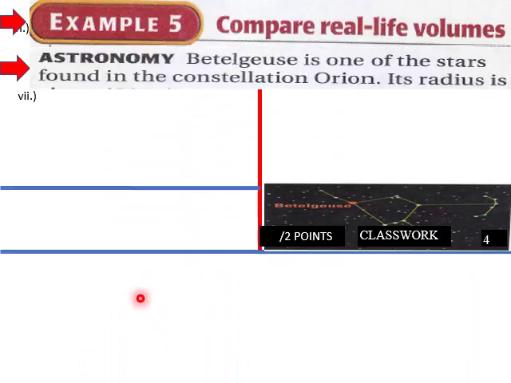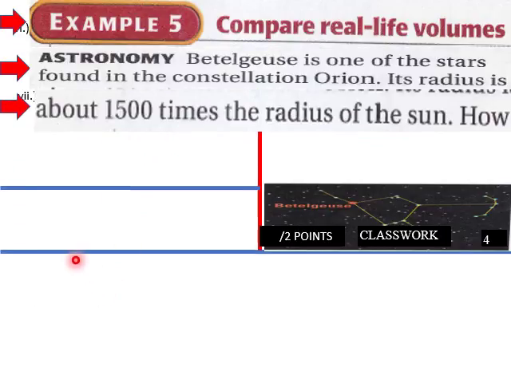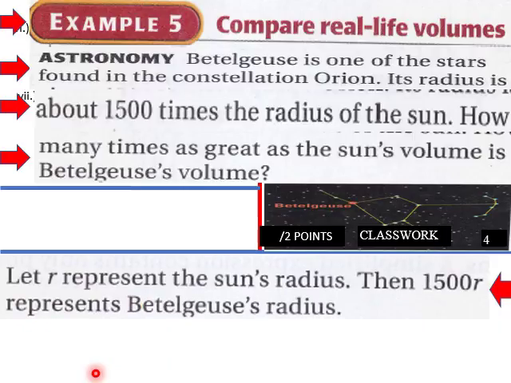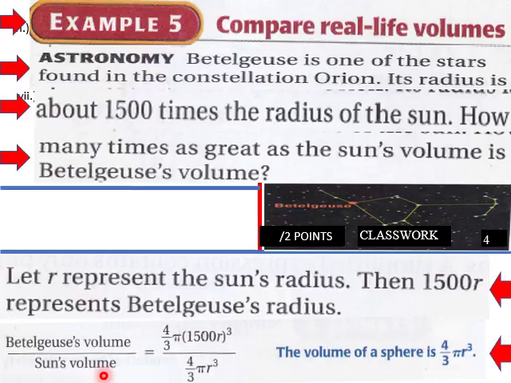Into example 5, Betelgeuse, one of the stars found in the constellation Orion. Its radius is about 1,500 times the radius of the sun. How many times as great as the sun's volume is Betelgeuse's volume? Let r represent the sun's radius and 1,500 r represents Betelgeuse's radius. So here's Betelgeuse over the sun. So here's the volume of a sphere formula here, 4/3 pi r cubed, and our r here is 1,500 r cubed. Here 1,500 r represents Betelgeuse's